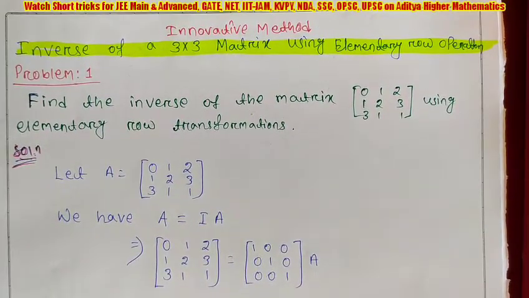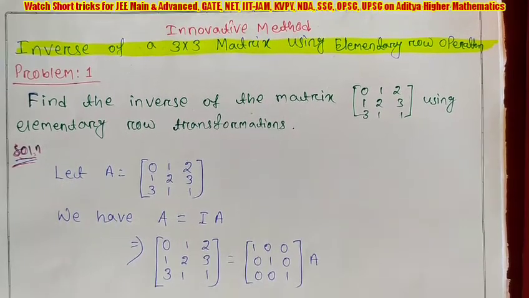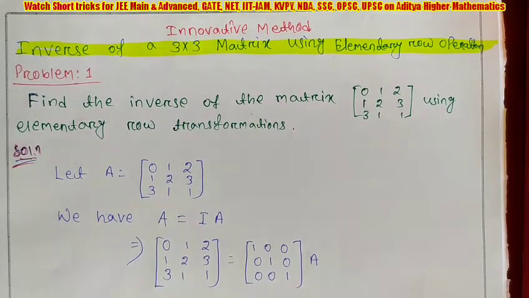I have already made videos on finding the inverse of 2 by 2 matrices using elementary row operations and using shortcut methods. So here I will cover only the inverse of 3 by 3 matrices using the elementary row operation method, and it is a completely different process that I will follow. There is a big difference between other methods and my method.